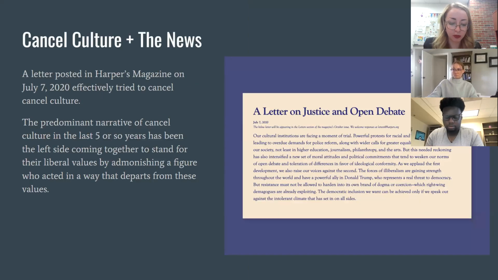A letter posted in Harper's Magazine on July 7, 2020, effectively tried to cancel culture. Signed by bigwig figures like Margaret Atwood, Steven Pinker, and Noam Chomsky, these are some of the many names who signed this letter. At one point, it reads, quote, the free exchange of information and ideas, the lifeblood of liberal society, is daily becoming more constricted.